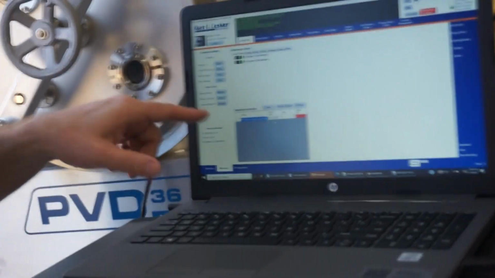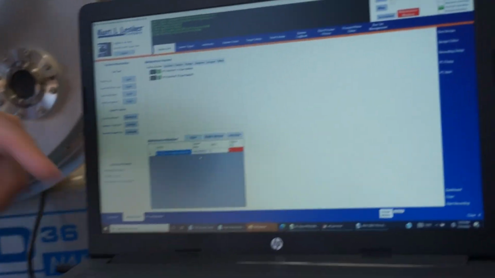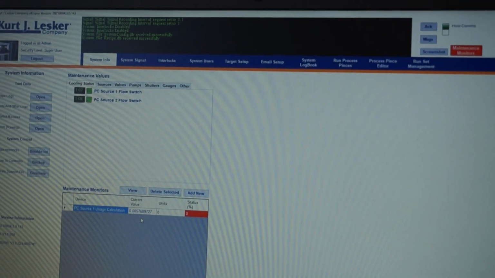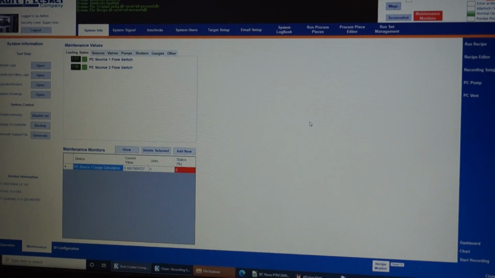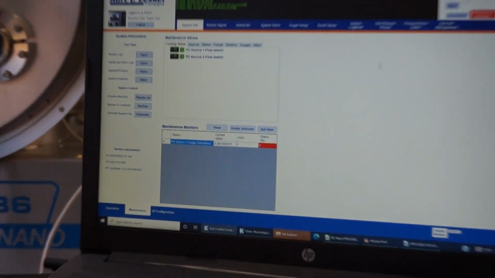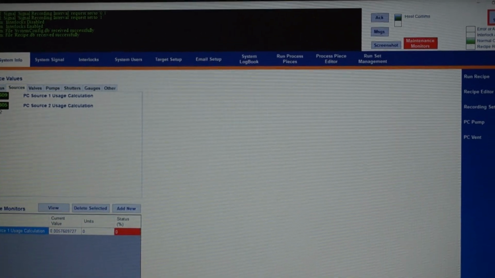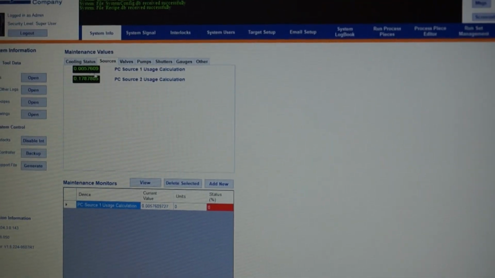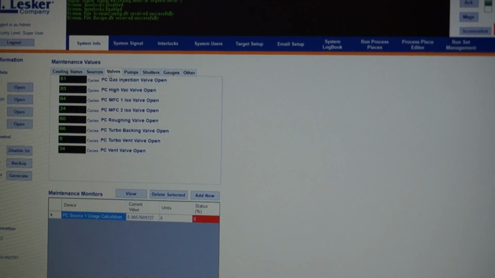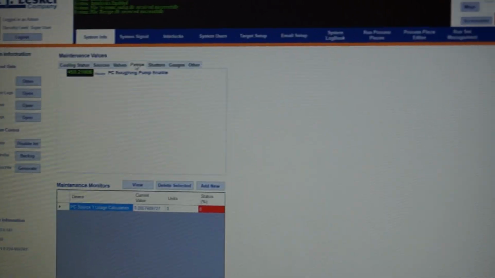So I mentioned earlier about the maintenance monitors and how we don't really have a true value until you determine where your max usage is. So you can see right now it's blinking red, and we got it up here. So this is where that's associated. Sources. These are the hours, kilowatt hours. Valves. These are number of cycles. Pumps. How many hours